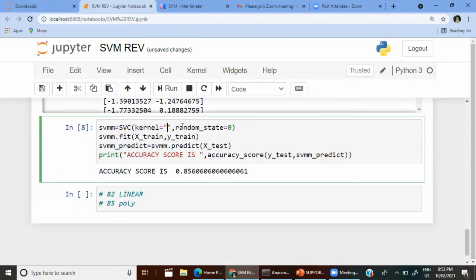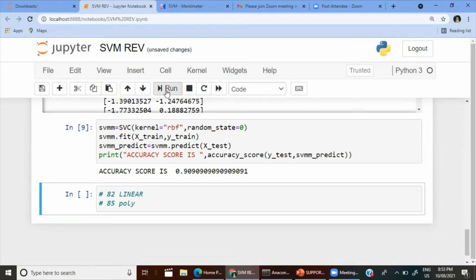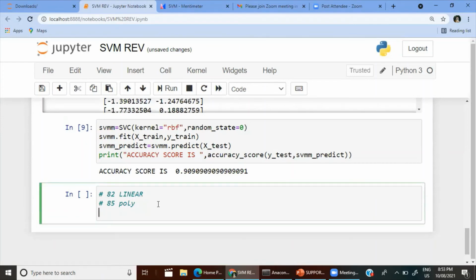RBF is the code. So totally we have only 3 kernels, and let's check with this final kernel. So see, it's 90% accuracy. So different kernels will give you different accuracy scores according to the change in the kernel.